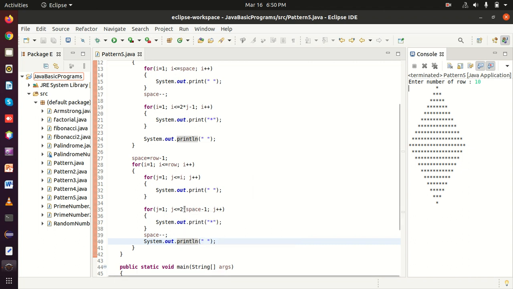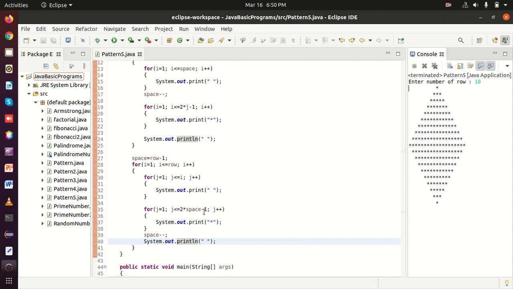Since the precedence of the asterisk operator is higher than subtraction, it will calculate first. So 2 star space means 2 star 9, which will be 18. 18 minus 1 will be 17.